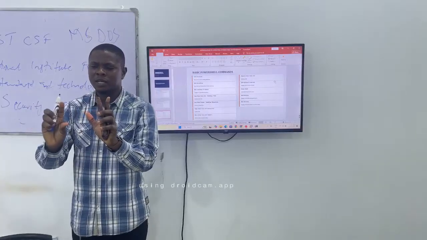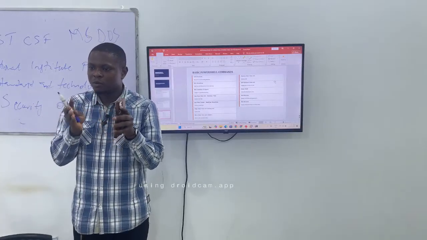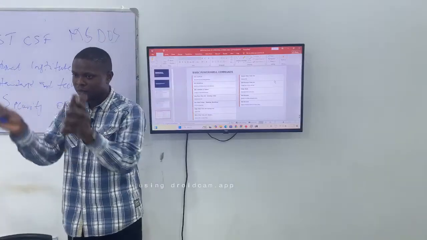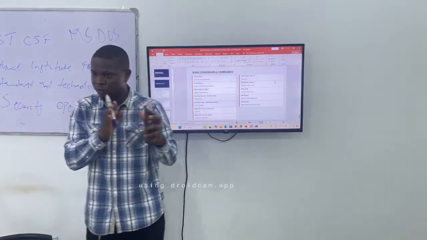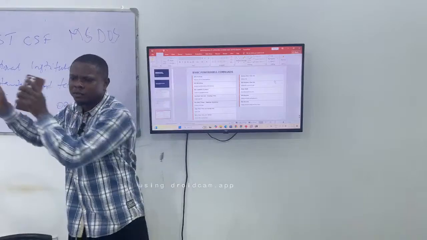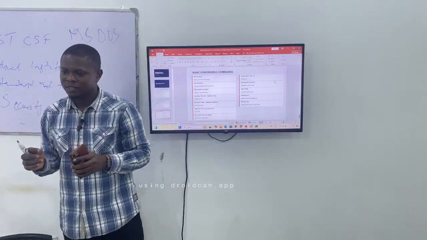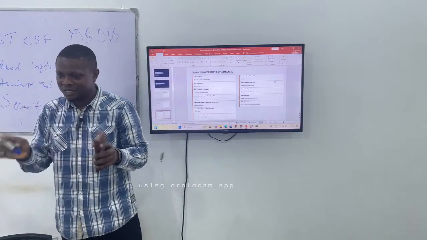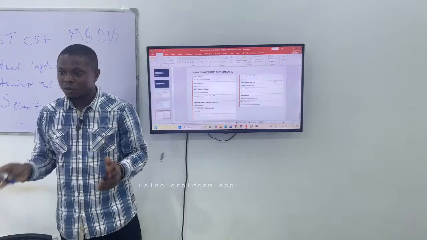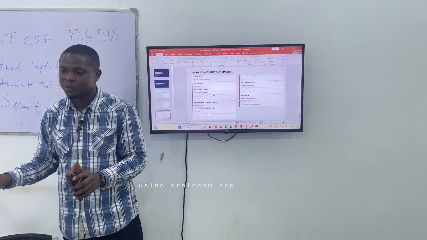They have some commands that are similar, like CD. If I want to move from one place to another within the system, I'll use CD for PowerShell, and I'll still use the same CD for Linux. It's the same thing. They do the same thing, for the system, the operating system or the commands.